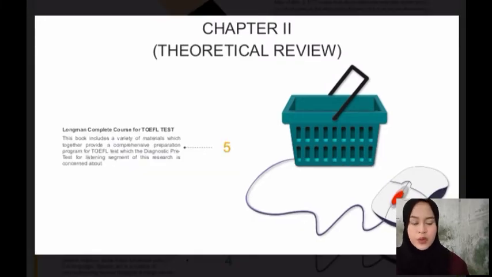So the book that I chose for this research topic is Longman Complete Course for TOEFL Test. This book includes a variety of materials which together provide a comprehensive preparation program for the TOEFL test, which the diagnostic pre-test for the listening segment of this research is concerned about. Alright, let's jump to